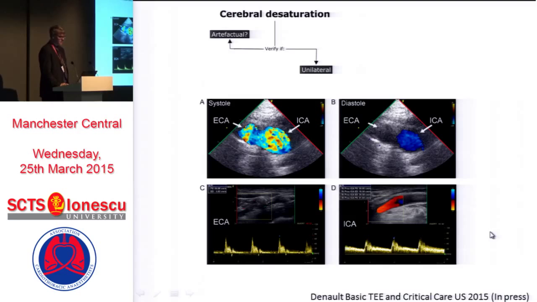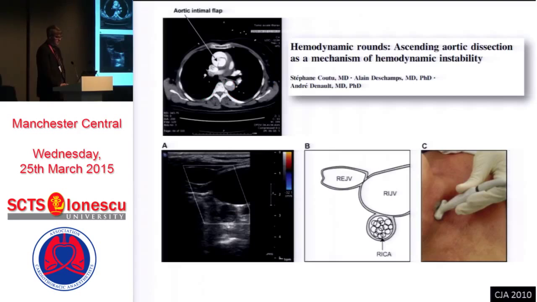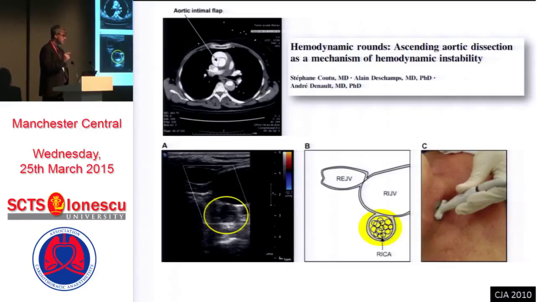But just look at the carotid artery. It might be very relevant. This is a case we've reported, a patient who had an aortic dissection, and this patient had a total occlusion of the internal carotid artery. And for sure, this patient is at high risk of a stroke, especially if he has a non-functional circle of